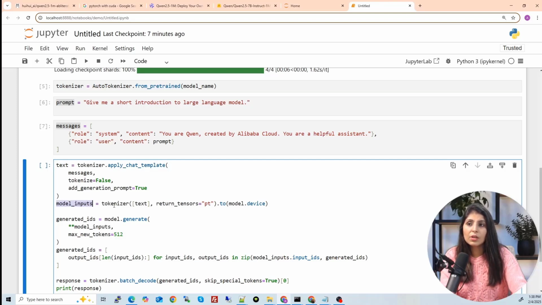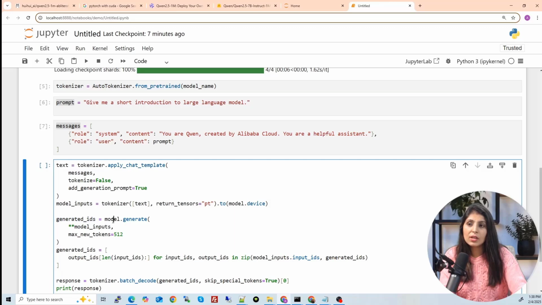On this text we are applying the tokenizer. The tokenizer will take the user's question, split the sentence into words and then into numbers. That kind of data our model understands. So that's why we run the tokenizer on the user's input, and then the model input is ready. Now that model input will go to the model and the model will generate the output.